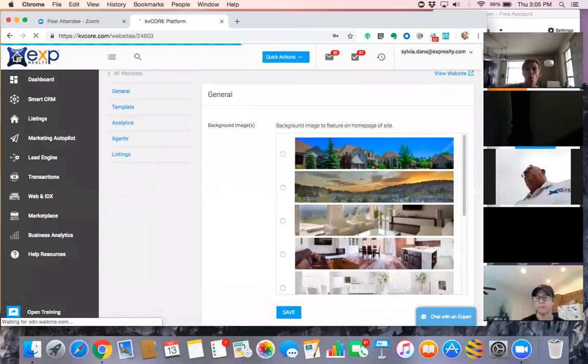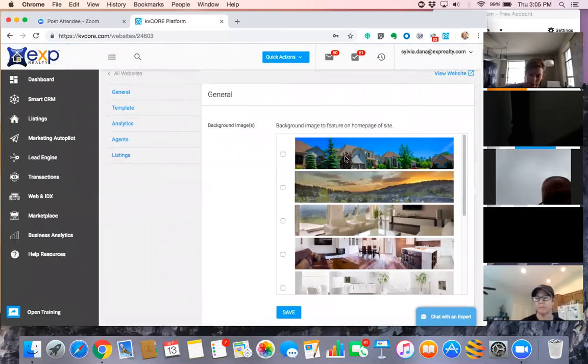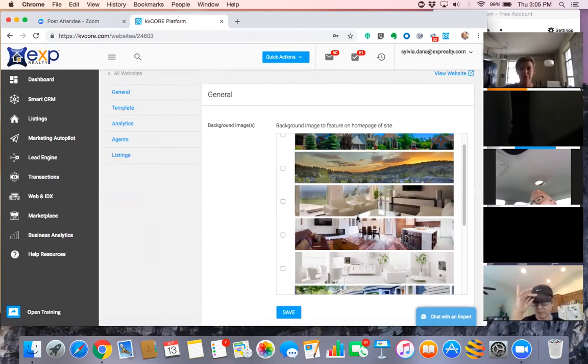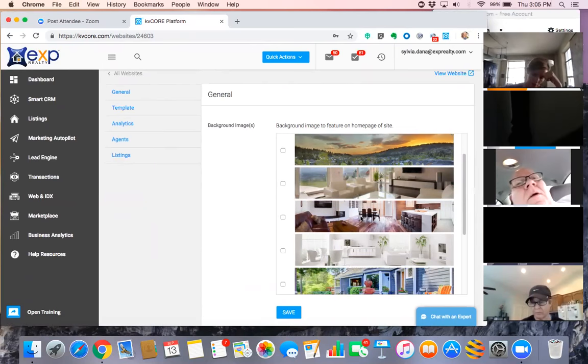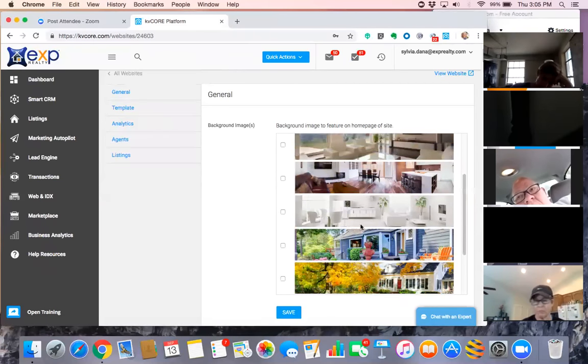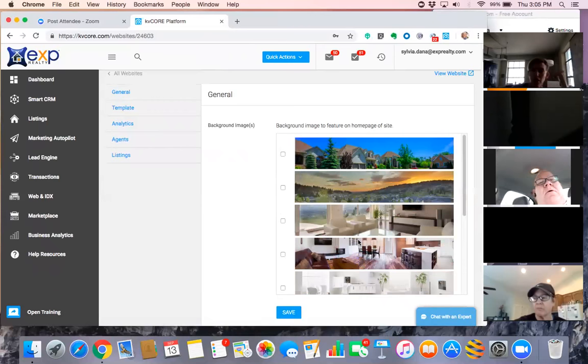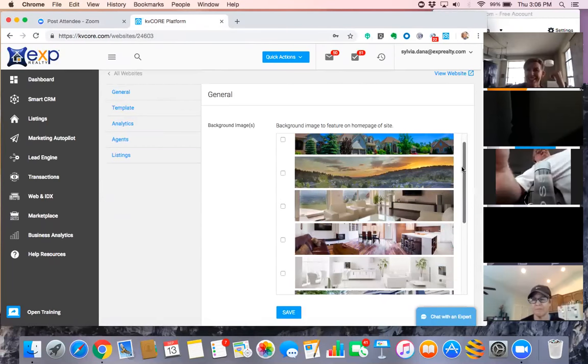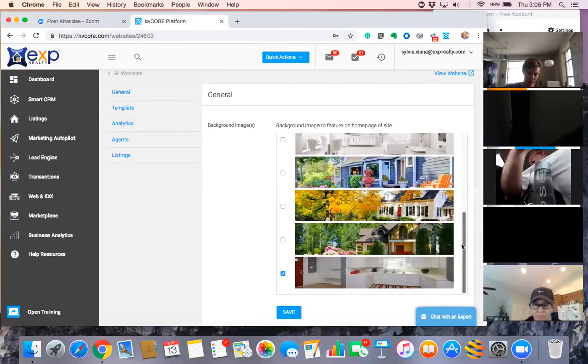They give you all these templates and they're adding a couple new ones, which is nice because they didn't have these in here before. Some of these pictures, like this one, are just kind of dumb. So what I did is I took one of my listing photos right here. I had professional photos taken for one of my listings, and so I took that nice, big, high-quality photo and uploaded it here.